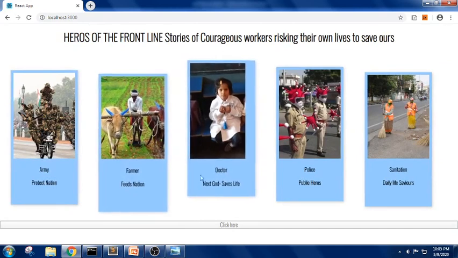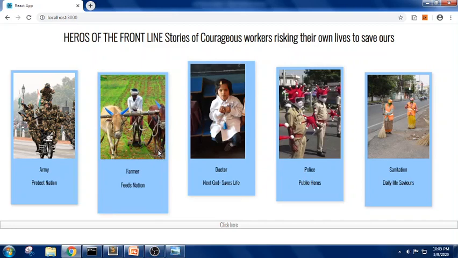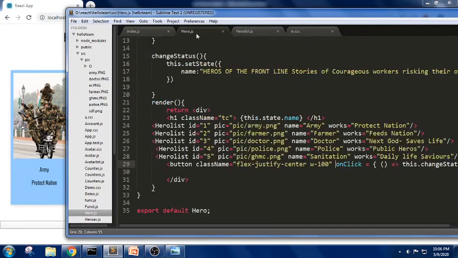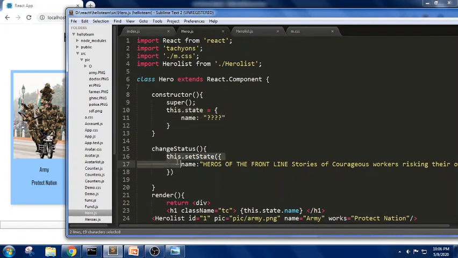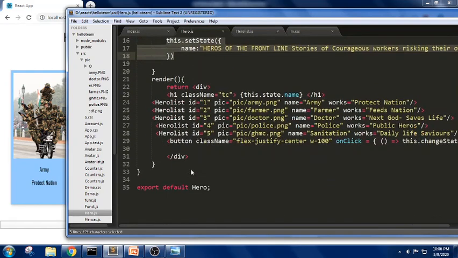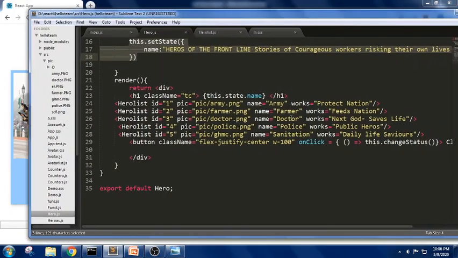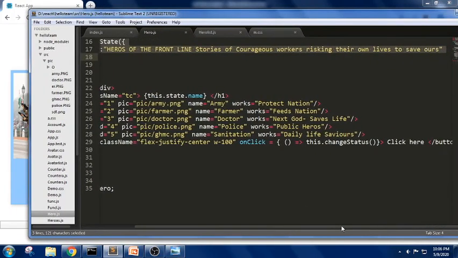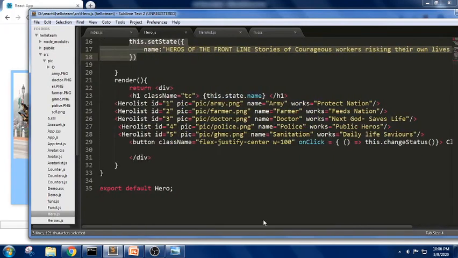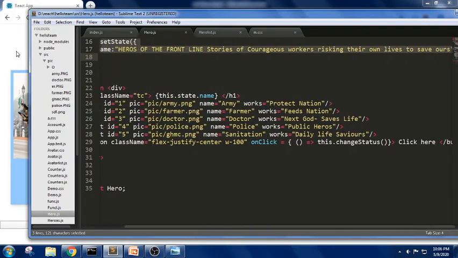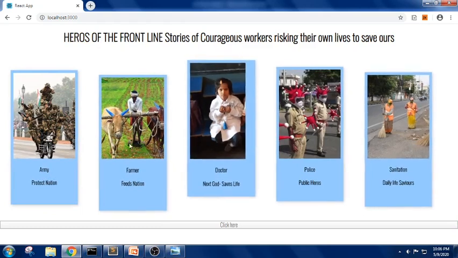So this is how we have done the basic concepts of a React application using installation, elements, and class component. We have used a class component generally here. Function components we can also use. Next we have used state. We have used a state to set it, and we have used this.setState to change it once the button has been clicked, and we have used an arrow function followed by this.changeStatus. We generally use the this keyword to call this function, that is, method here, and we got it. So this is how we have done the basic application of React.